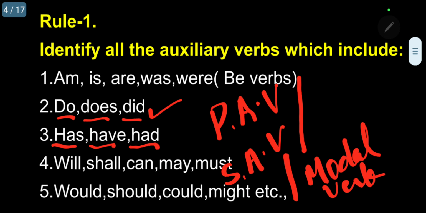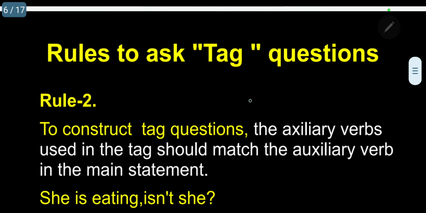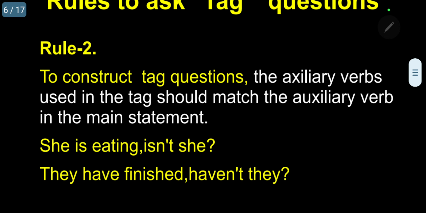That is, will, shall, can, may, must will not come directly. I will, I shall, I can, I may, I must: it will not come. Additionally, we have to add our main verb. I will go, I shall go, I can go, I may come, I must do. So a main verb should come. Kindly follow, this is the case for the fifth type also. This is the most important information I want. Rule 1. Now Rule 2, kindly follow.